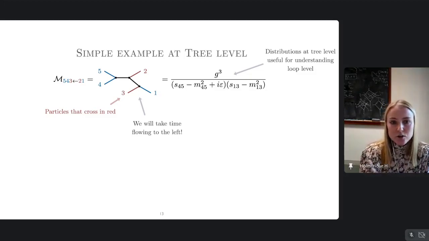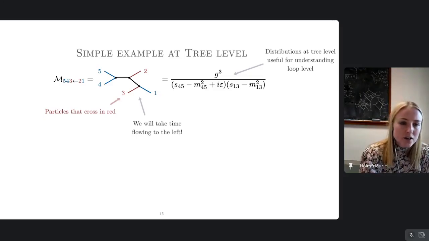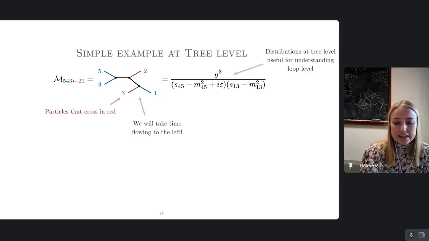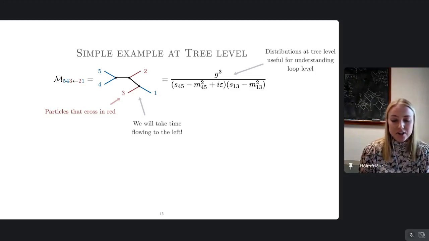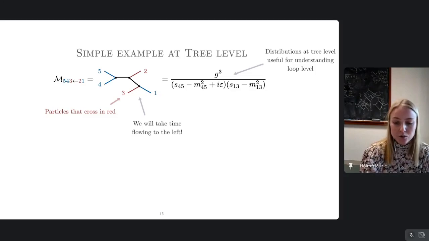Yeah, so let me also introduce a few conventions that I'm going to be using throughout the talk, and I already started using this: the particles that will cross will always be in red. And moreover, to match onto our conventions for operator ordering, which we take to be the standard textbook convention, which we'll use in a minute, we'll actually start taking time flowing to the left. So that's a bit counterintuitive in the beginning, but hopefully the arrows will help.